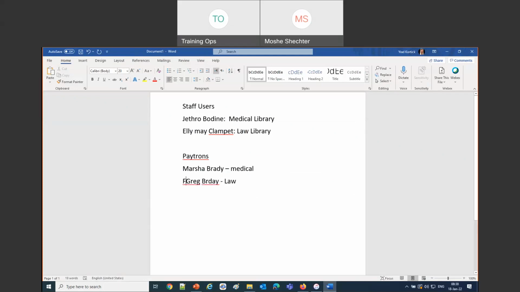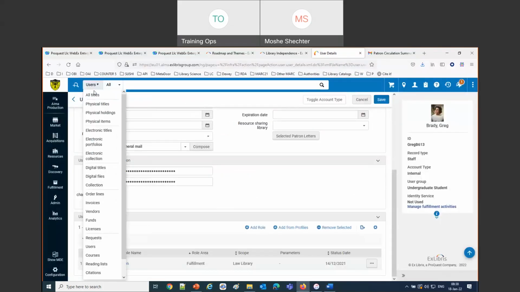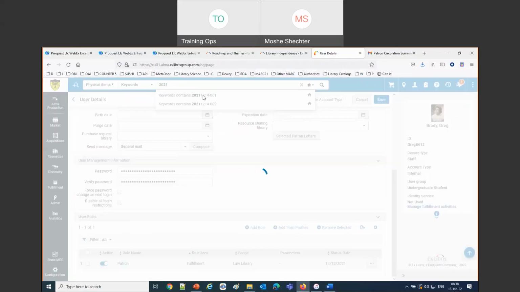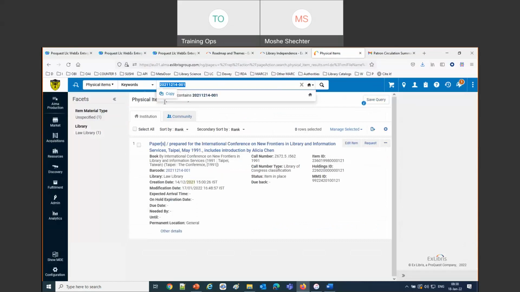So just to refresh everybody, if I were to take these two items, this one here, this barcode is in the law library.